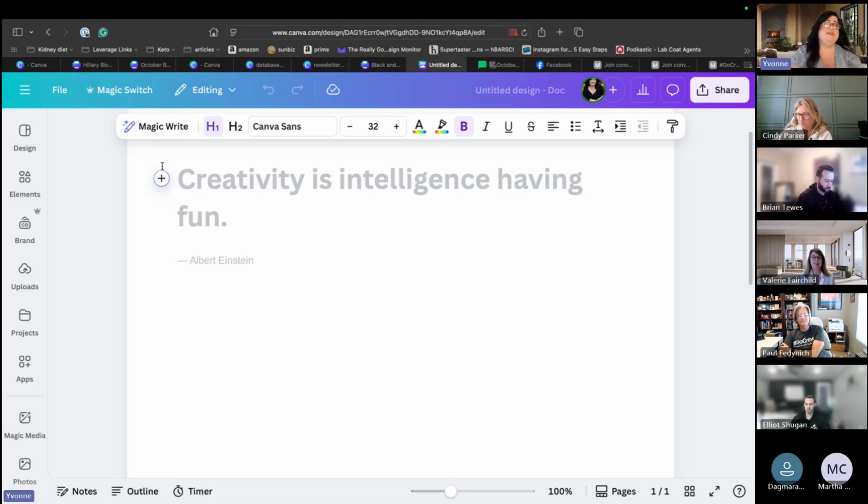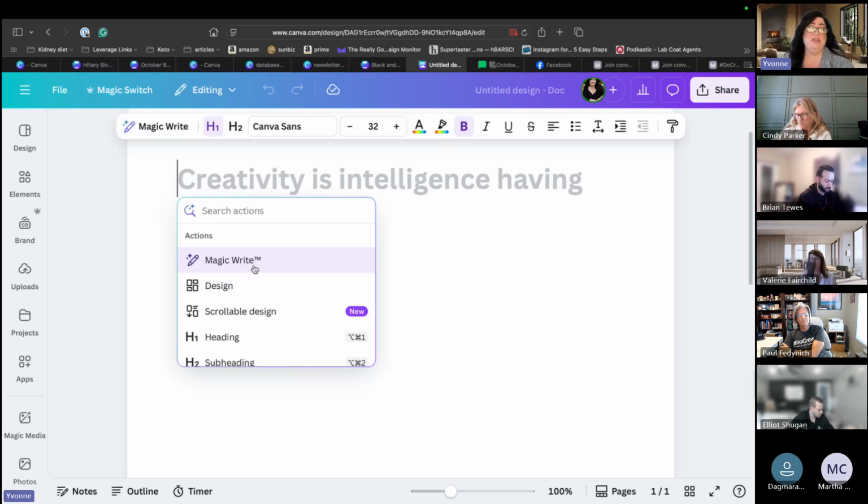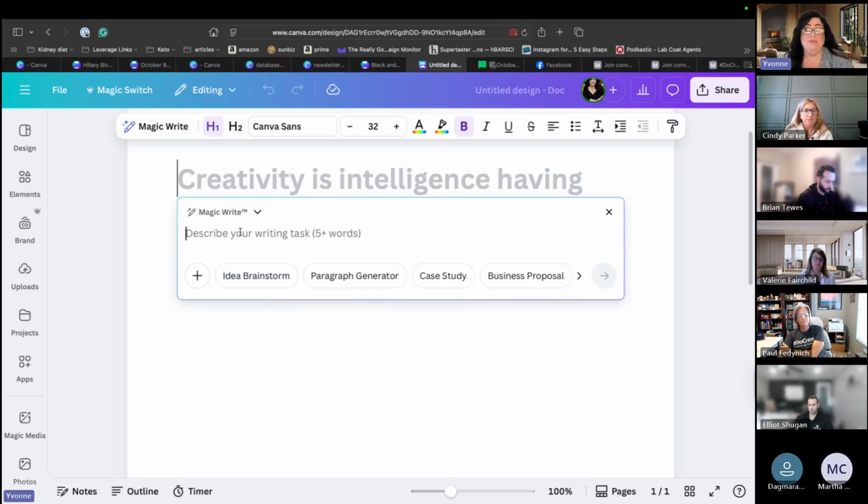So when you click on doc, you're going to see that right here, there's this plus symbol, and you click on that, and it says Magic Write. Oh, a scrollable design would be cool. That's brand new. They just keep coming out with things every day. So say you wanted to